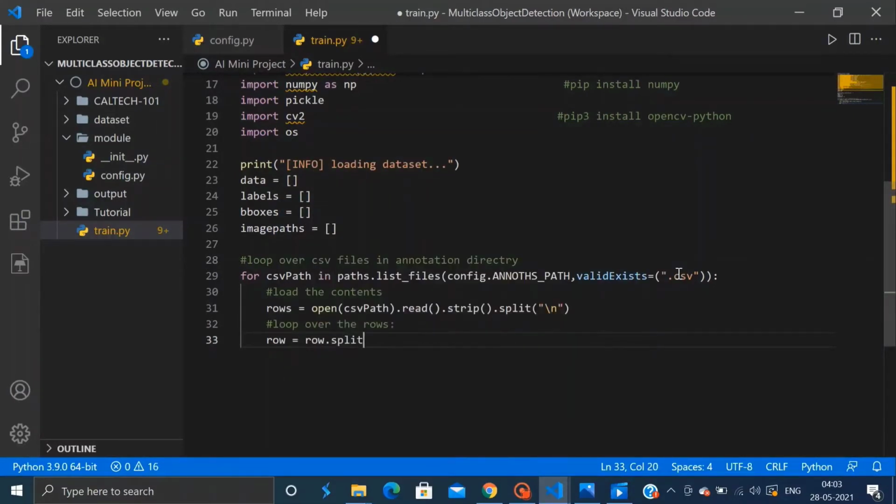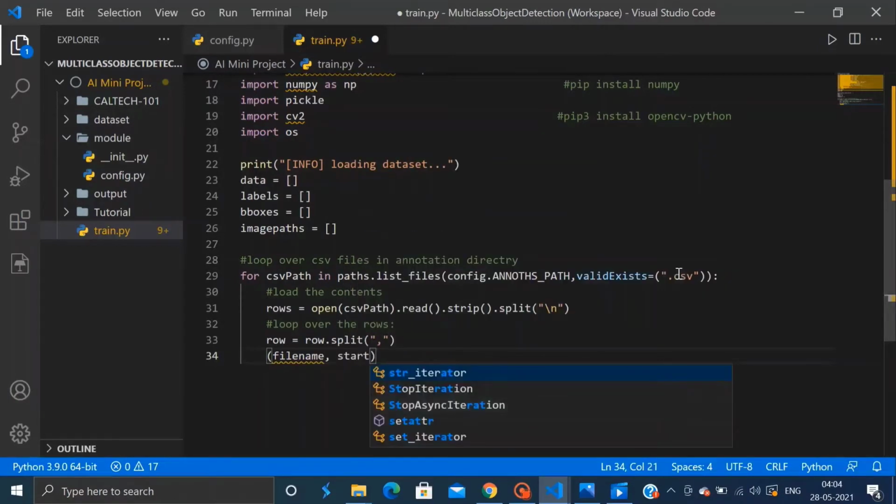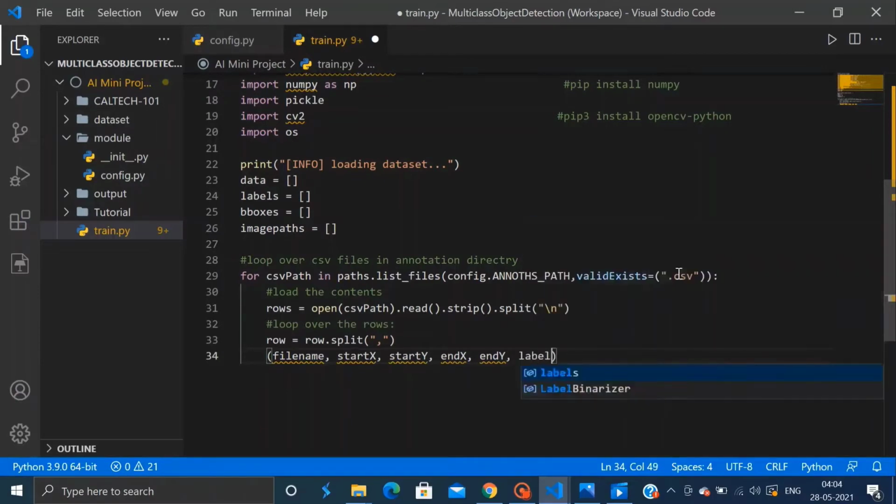So for this I'll write row is equal to row.split and then a comma, and this will give us our file name, our x and y coordinates, which is startX, startY, endX and endY, and also the class label for the particular line in the CSV.